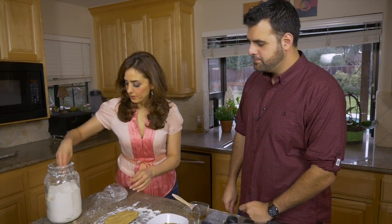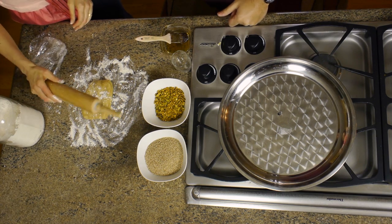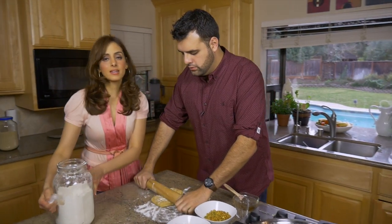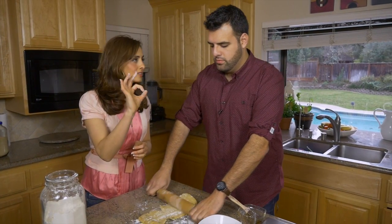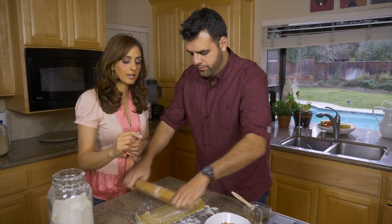So we do need to put a little bit of flour on the top, or else this will stick. Since you've got the elbow grease, why don't you roll it out? We want to roll it out. The thing about Barazek cookies is they're really small. They're about 1/4 size, and they're very thin and very crispy. If you like a chewier cookie, just roll it